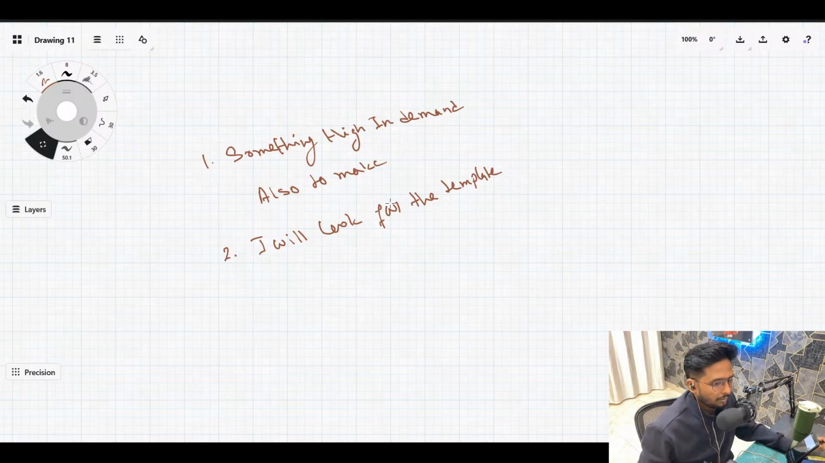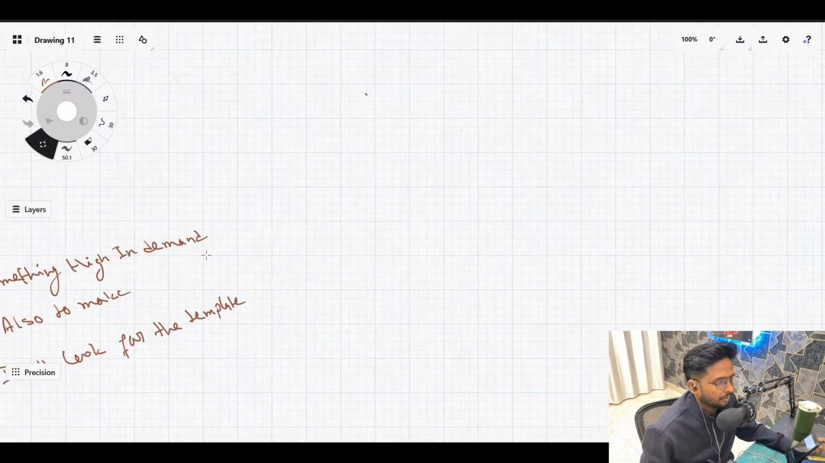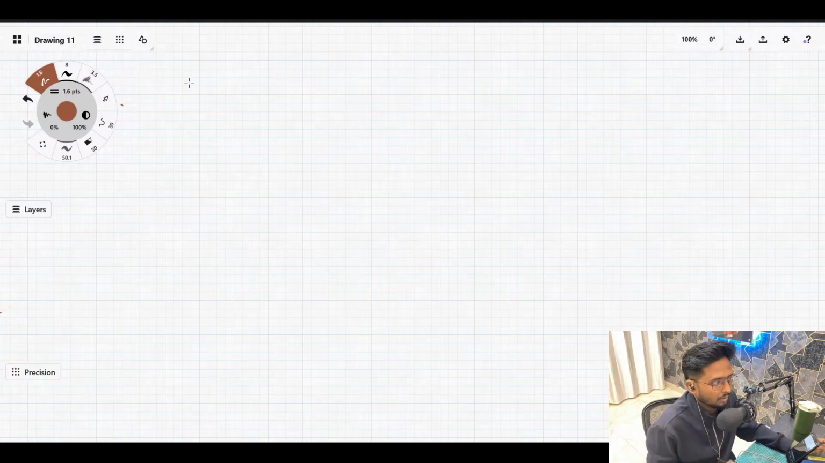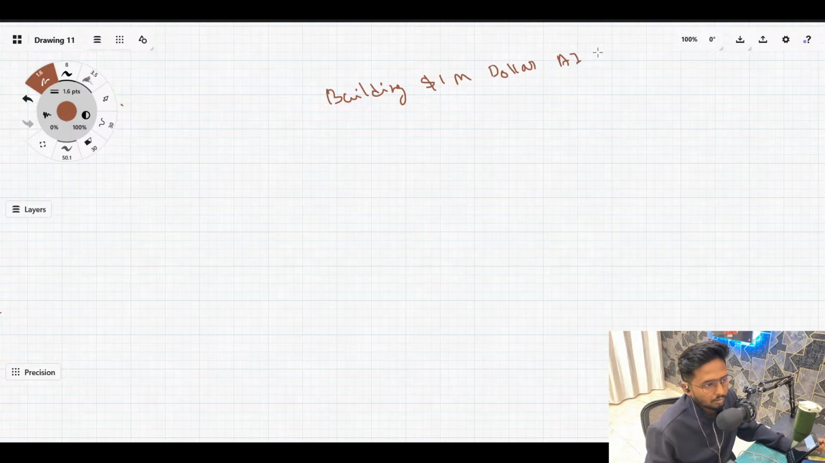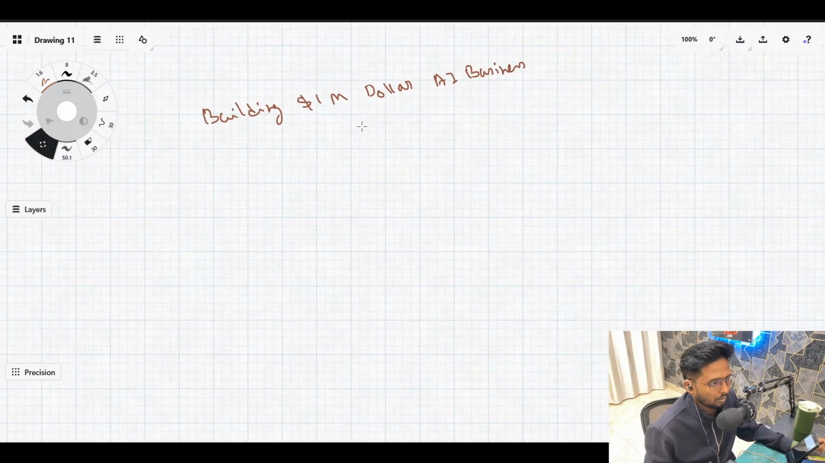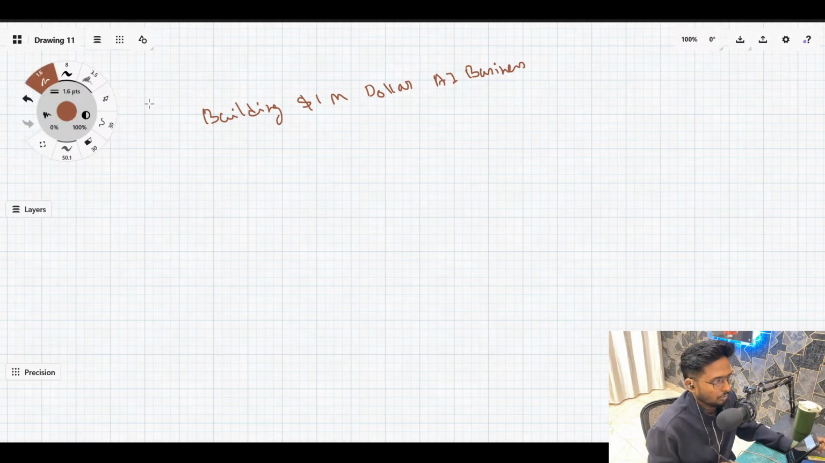By the way, in the meantime, let me share the recap. What we are actually doing is building a $1 million AI business. This is what we wanted to do. So to do that,